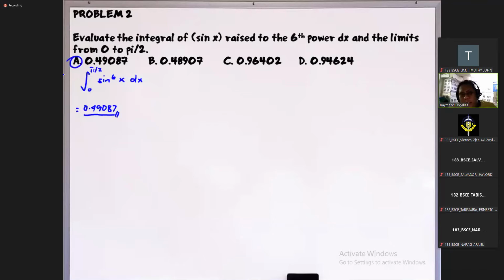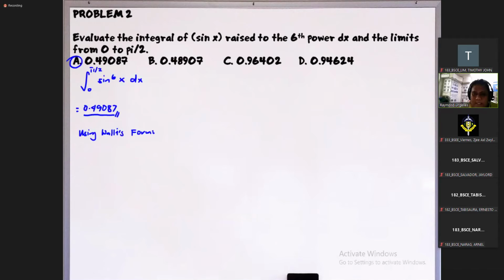But again, there's actually a faster way para i-solve to, especially kung hindi na sana yung calculators nyo sa mga complicated solving. Kumbaga lumalaban na lang siya doon sa mga common natin na operations, sa mga addition, subtraction, multiplication, division lang. So pwede natin gamitin yung Wallis formula. Ito gamit yung calculator, na-solve natin kaagad. Now let's try using yung tinatawag natin na Wallis formula.